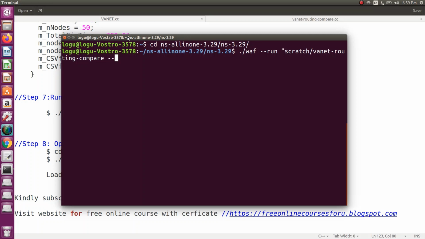We run scenario 2 equal to 2. Just give enter.